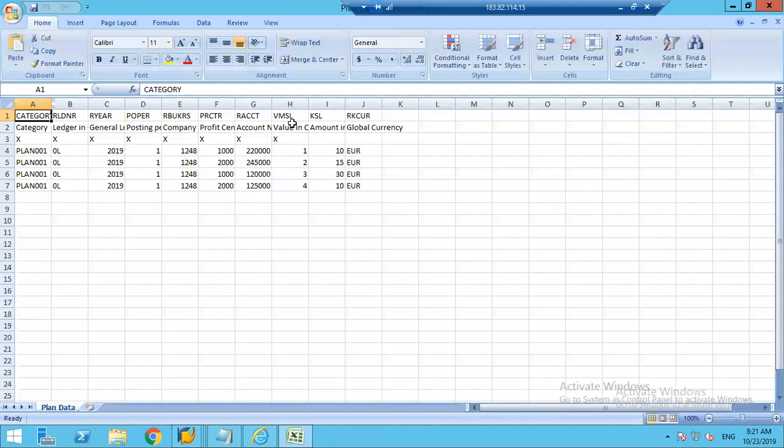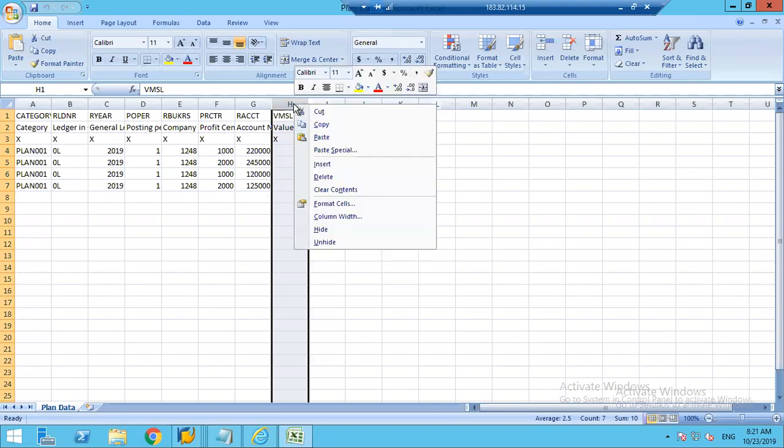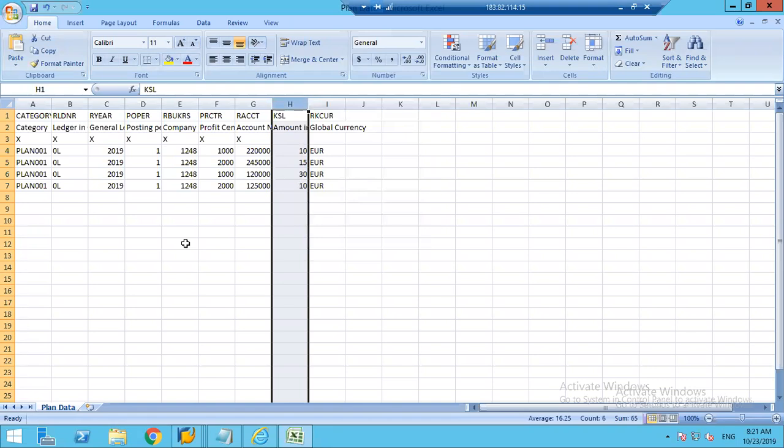So what exactly the problem here is: we have entered the quantity, but it is expecting the unit of measure, the other column. So we have entered the quantity here, value in quantity. This is the quantity information. When you have a quantity, it is expecting the unit of measure as well. So either you can add the unit of measure column here, or simply you can delete this column. You can do either way. So if I'm deleting it now,